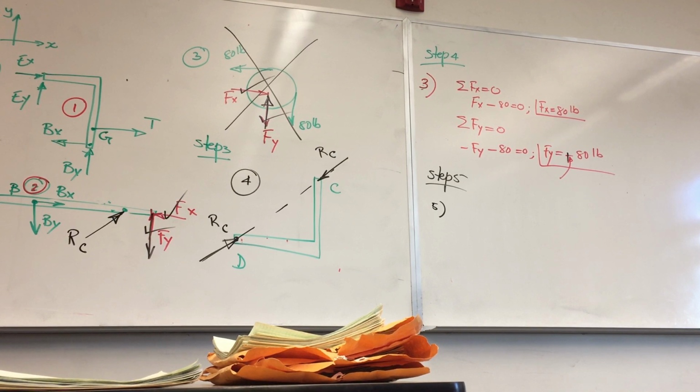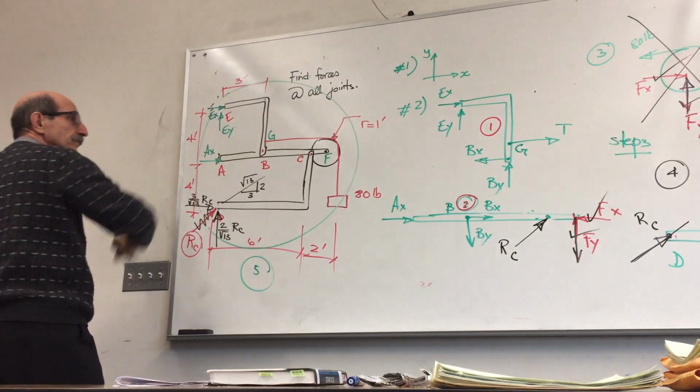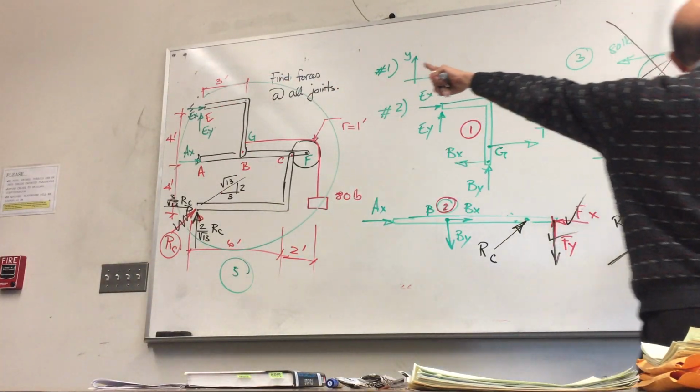So remember to resolve all forces with their components. And the dimensions are given. This is 4, this is 6, so this direction, right, is what? Is 2, 3, so that'll be square root of 13. Okay? So this would be what? This is 2 over square root 13 RC. This is 3 over square root 13 RC. Okay? So if I take summation of moments about E,